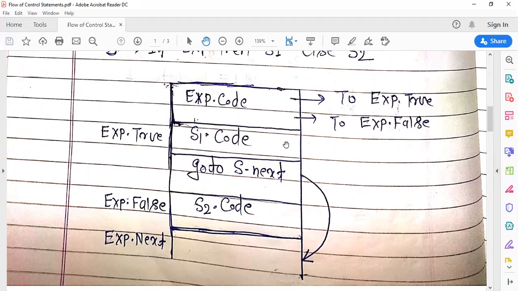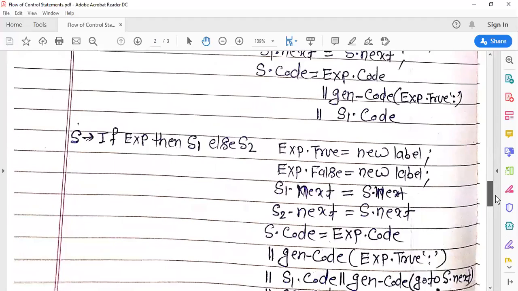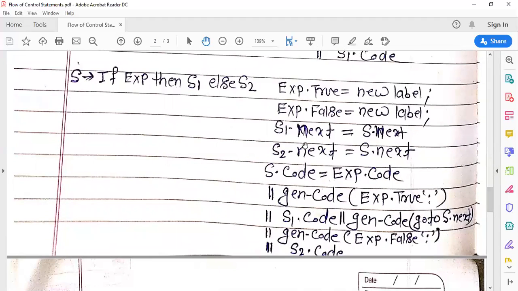All these are combined, and S.code has all this code. So this is the SDT semantic rule for if expression then S1 else S2.